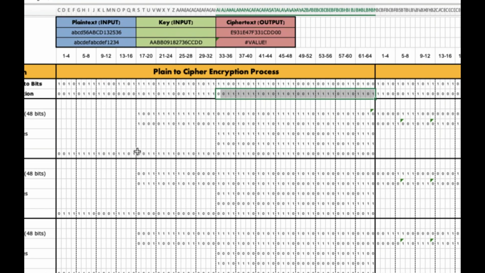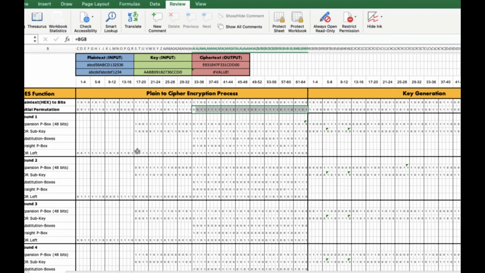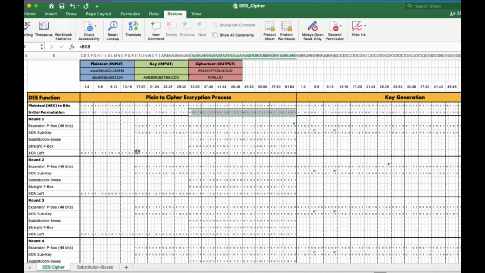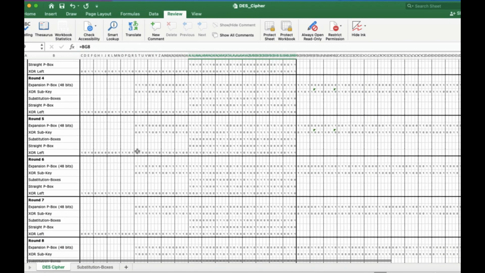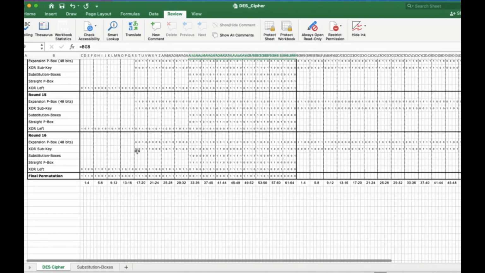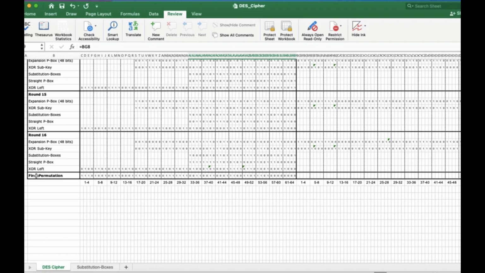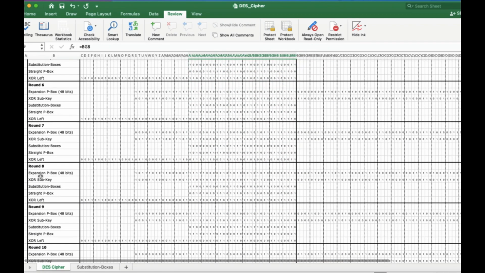You will do initial permutation at the start of round number 1, and every single round you will repeat the same operation. Everything is going to be the same. You're going to make those diffusion and things like that, and at the final round, before you do the output of that, you will have your final permutation at the end. As you can clearly see,